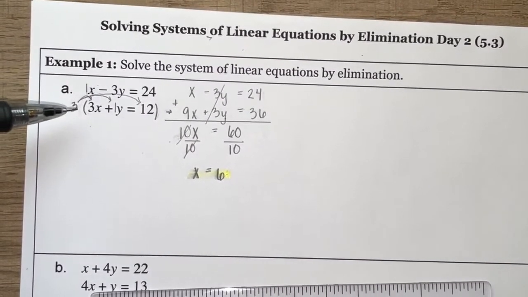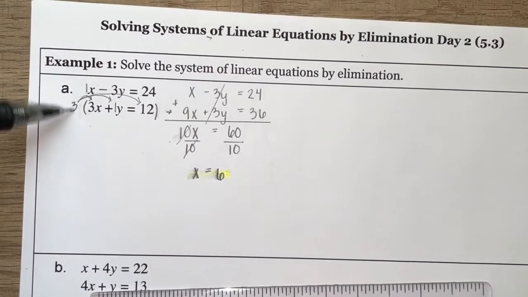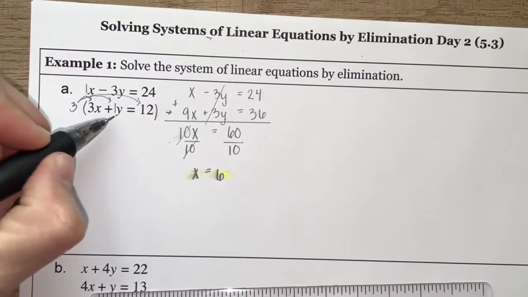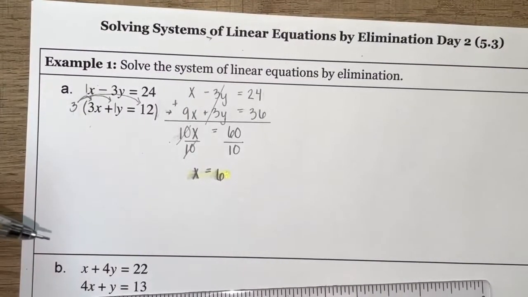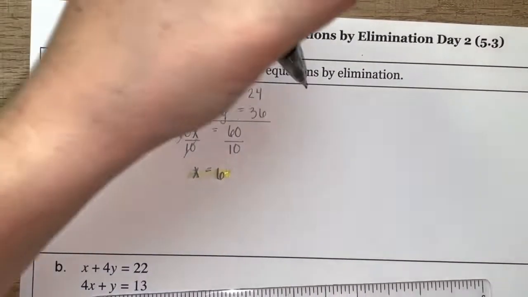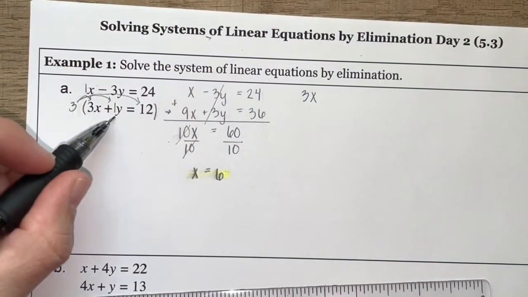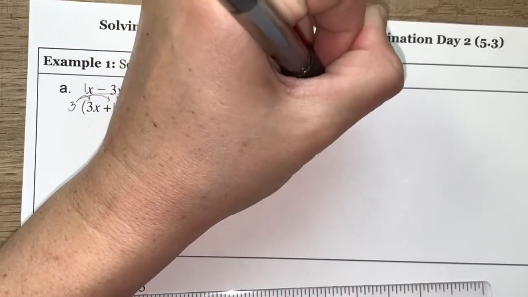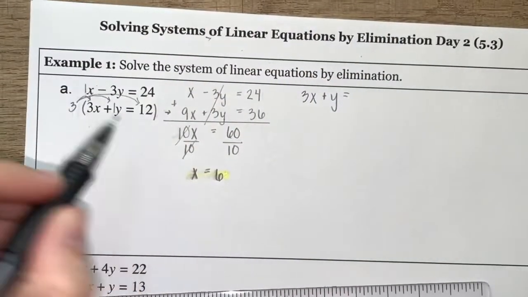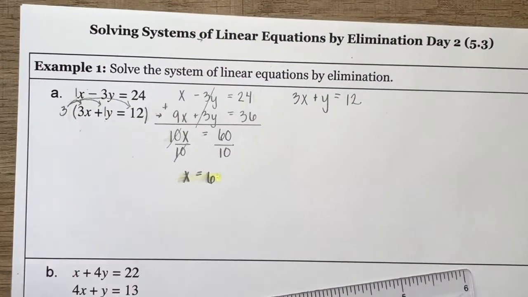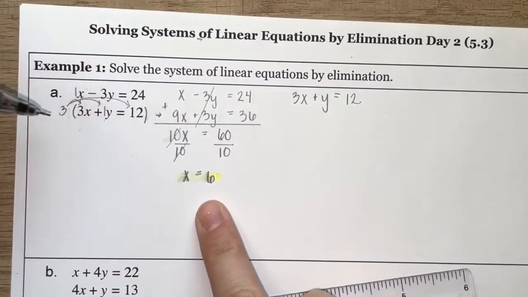So it doesn't matter which equation you pick. You can pick one of the two original ones. I'm going to choose the second equation. Since it already has just one y there, it's going to be a little bit quicker to solve. So I'm going to rewrite that second equation up here. 3x plus y equals 12. And then since I'm saying that x is equal to 6,